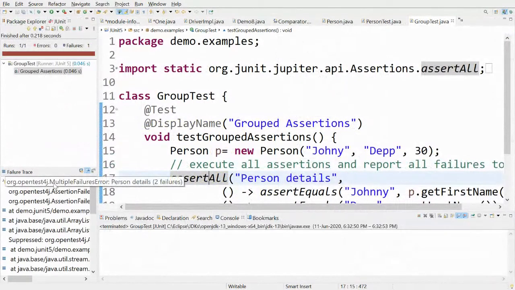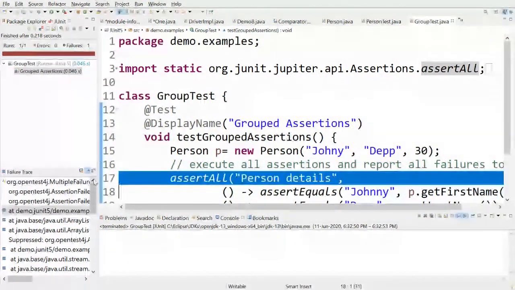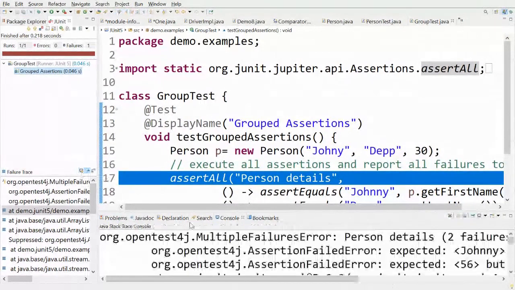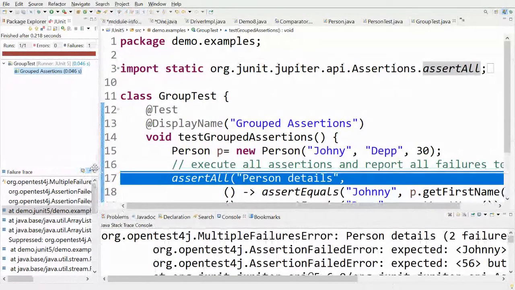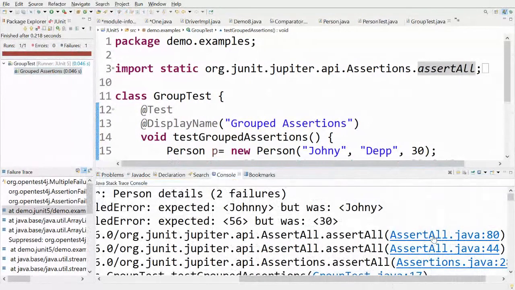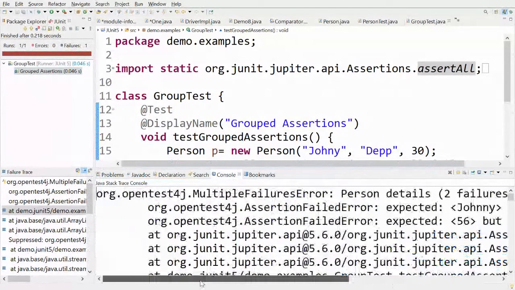Once it is run, you can see on the left that there are two test failures. When I double click on this, you can see all the failures at the same time in this result comparison dialog. And if you want to navigate to the failing source code location, just double click on any entry in the failure trace and you will be able to jump to that. You can also use this button to show the stack trace in the console view. So here you can see all these hyperlinks which enable you to directly jump to the source code locations. And adding this stack trace in the console view also helps you in copying parts of this stack trace